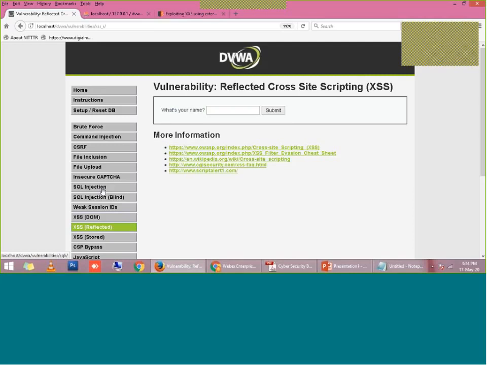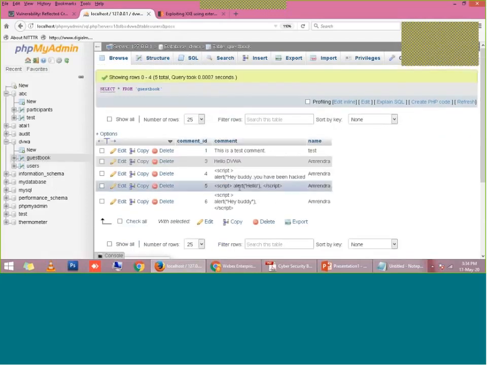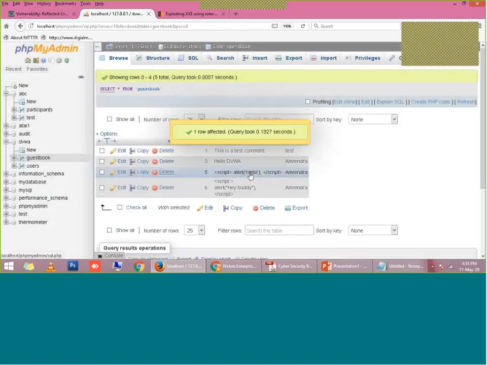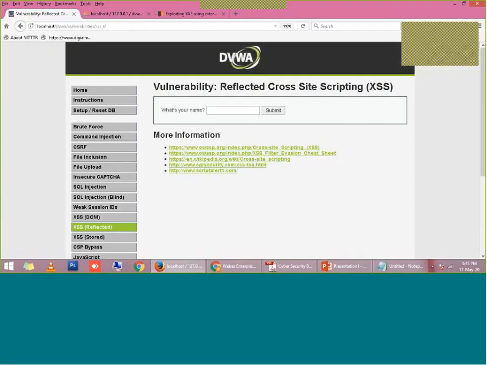So it is not going to be stored in the database like in stored XSS. We performed stored XSS in the first day demonstration, and I showed you that whatever JavaScript is entered is stored in the database. In reflected XSS, we are not going to store anything in the database, but we will try to give some pop-up instructions or any annoying things to the users, right?